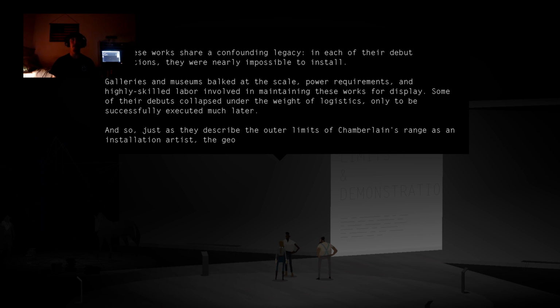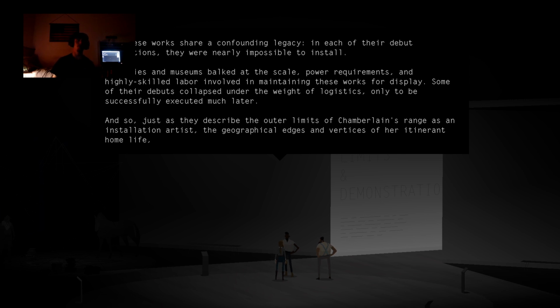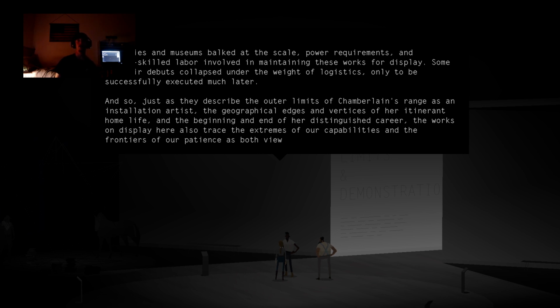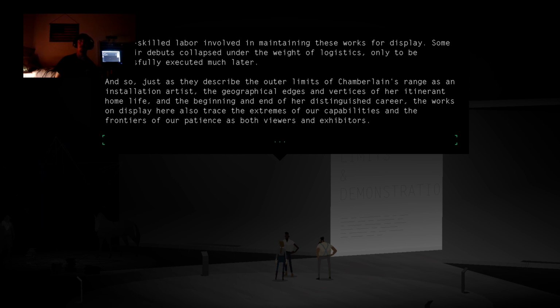And so they just described the outer limits of Chamberlain's range as an installation artist, the geographical edges and vertices of her inherent home life and the beginning and end of her distinguished career. The works on display here also trace the extremes of our capabilities and the frontiers of our patience as both viewers and